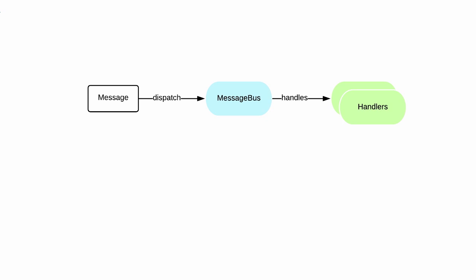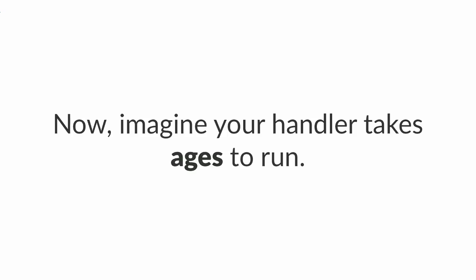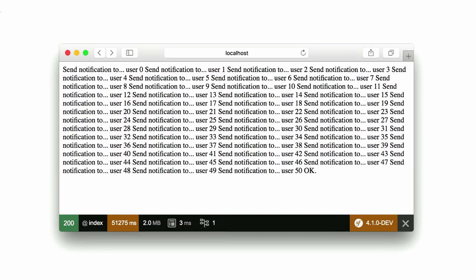Now, for the sake of the demonstration, we're going to pretend that this echo is actually calling an API and it takes ages to run. Because actually we are trying to send notifications to 50 users, and each of the notifications is taking, I don't know, half a second. It starts to be super, super slow, right? So if that happens, that is going to look like this. Wow. That's very slow. So here that's an example where I send notifications to 50 users, and it takes roughly a minute.